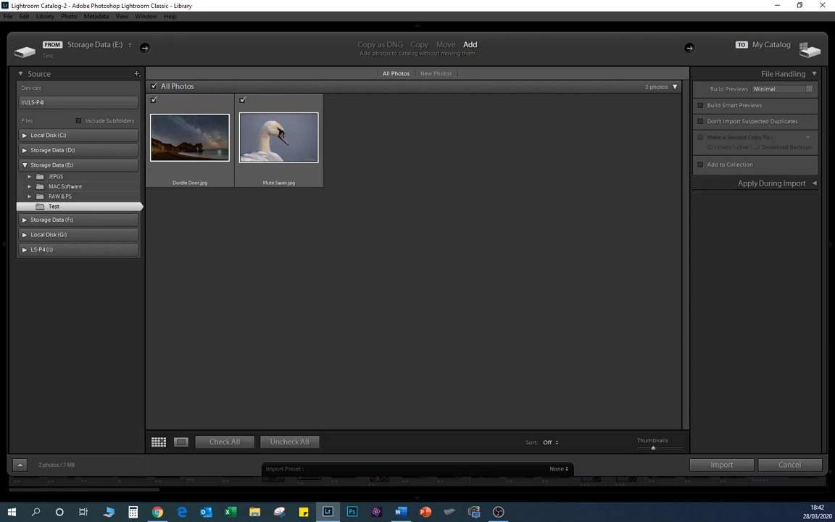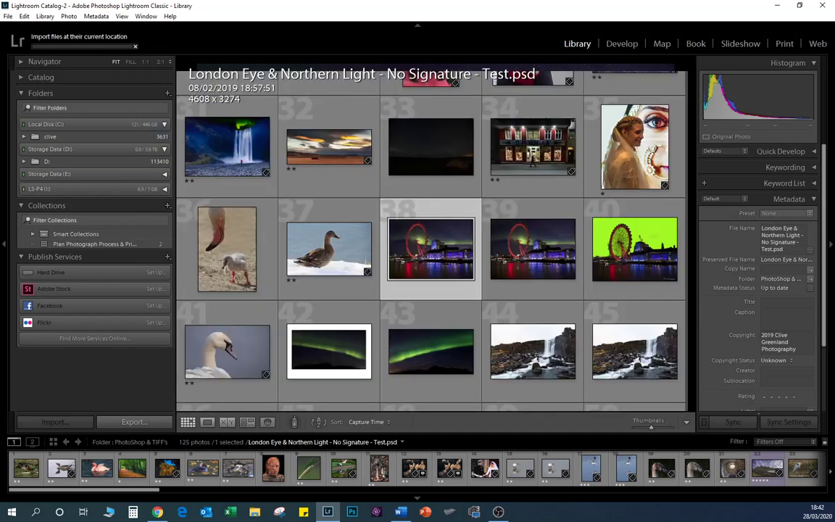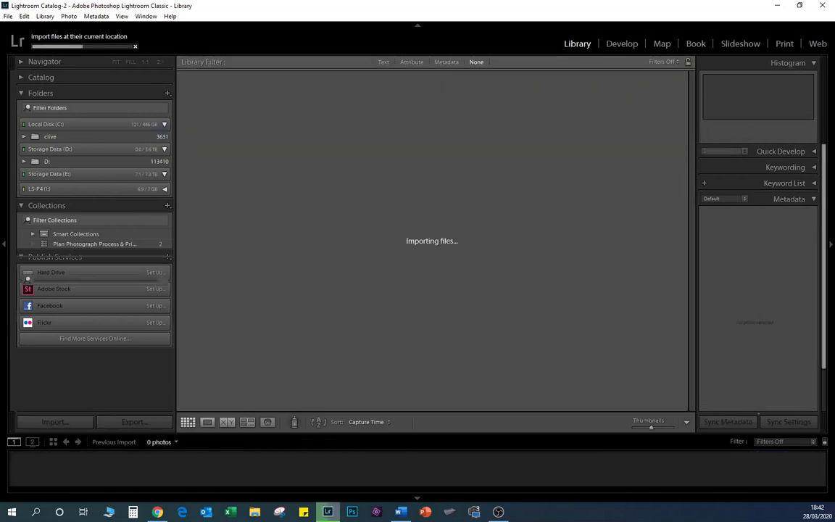And we can see two images have been put into that folder to be imported. Both are ticked, which shows that they will be imported. Bottom right hand corner, an import button, and very quickly the two images will be imported